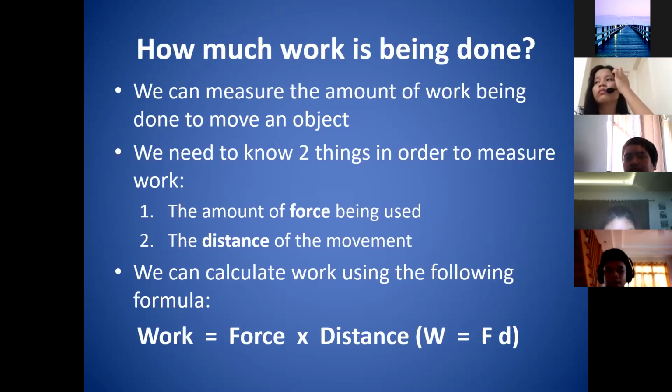The amount of force should generate a distance for work to be done. So imagine in the formula, class, if there's no distance traveled, distance equals 0. Even if you have 1,000 Newtons of force, but your distance is 0, so 1,000 times 0, work done is 0. That is why if an object won't move at all, no matter how strong you are, there's no work being done. Get it?